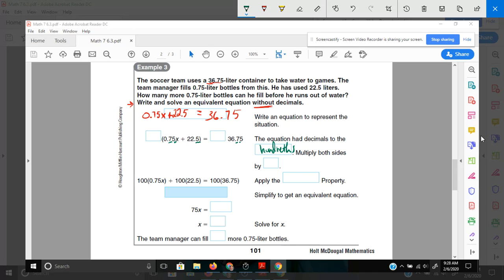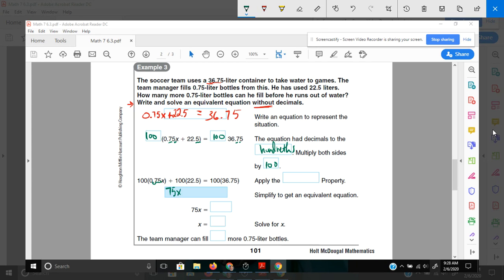The maximum amount of place values. So that's what I'll use with hundredths. I'll multiply both sides by 100. And when you multiply by 100, that's the same actually as moving your decimal 2 spots to the right. So essentially, when I do that, I just need to move each one of these decimals 2 spots to the right. So 100 times 0.75, moving it 2 to the right, would give me